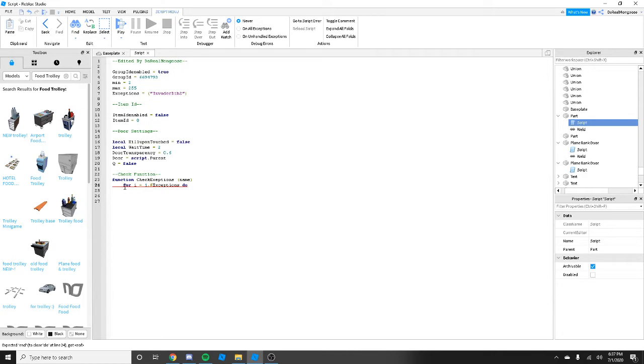This is going to be our check function name part. This is going to be the real string part. String. Okay, we're just going to do this all in one. I don't really like how this works, but